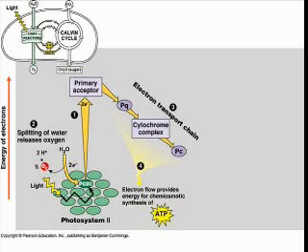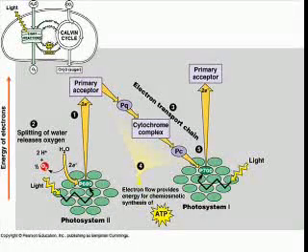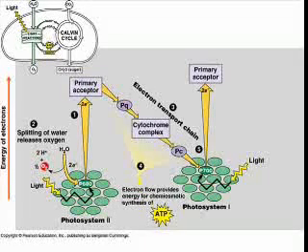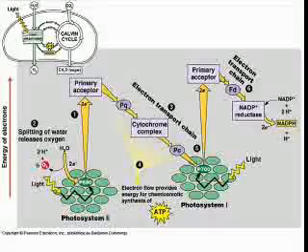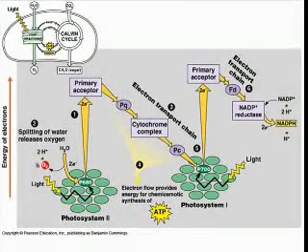As you notice, as the electrons move from the primary electron acceptor down the electron transport chain, they lose energy. Once the electrons end up on photosystem 1, they get excited again by light, photoexcitation, to where they're picked up by another primary electron acceptor. As you can see, the energy of this process is even higher. From here, those electrons go through another electron transport chain where they finally are picked up by NADP reductase,